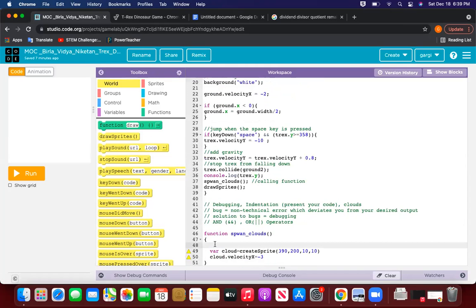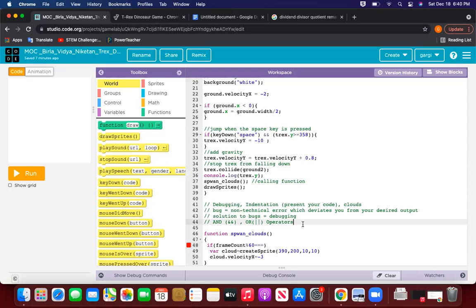Okay. So I will say if frame count percentage 60, and three equal signs allow you to have a comparison. So three equal signs is your comparison operator.